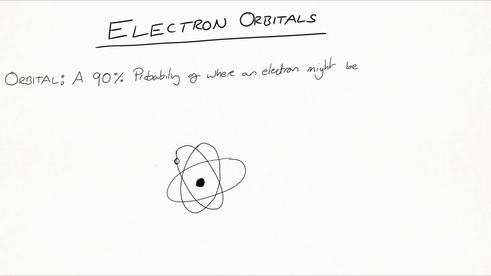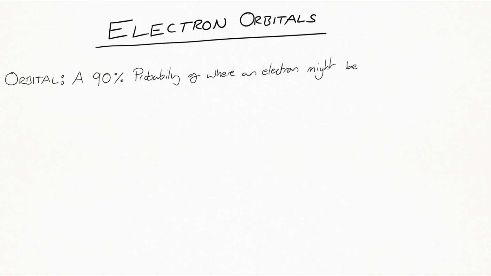by moons, like this and this. While this is a quite nice and simple model to understand, thinking about these electrons whipping around this nucleus in a nice circle, it's simply not correct. An orbital simply describes a 90% probability of where an electron might be. It doesn't say anything about how it is moving, it just tells you where it might be and the energy that it carries. If that's confusing, don't worry, because I think the simplest way of thinking about this is if